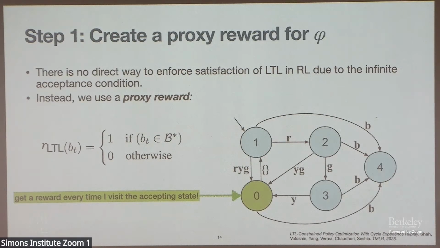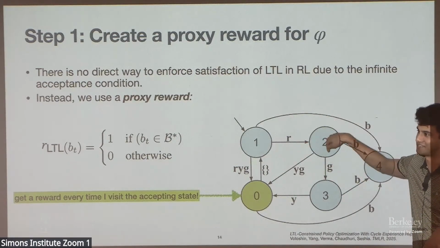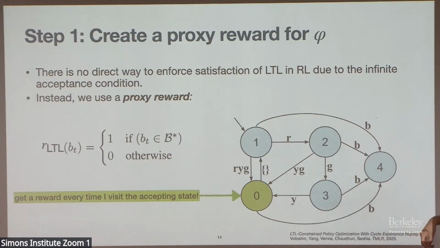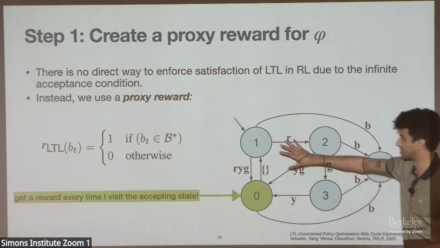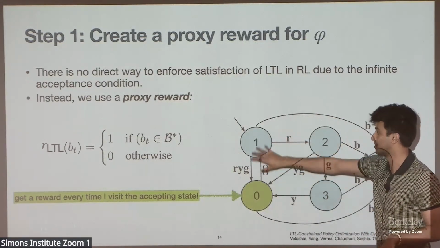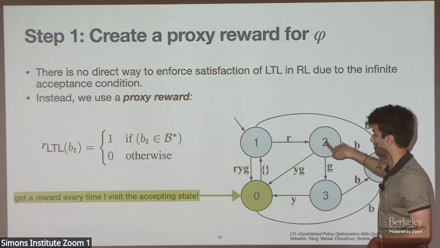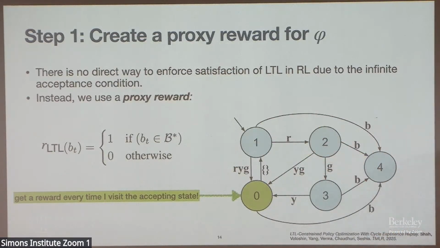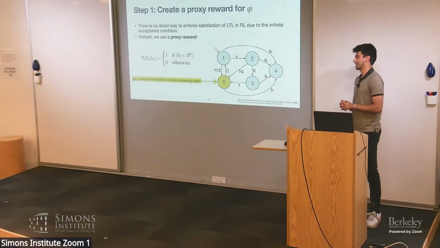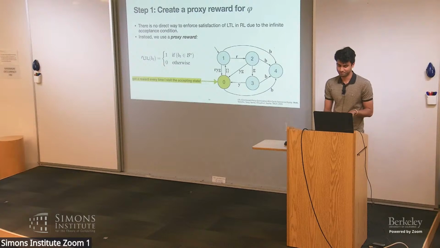During deploy time, is the agent working in the reduced original MDP now? It's still working in the lifted one. Of course, you have to assume that your labeling function is perfect, that you can transition perfectly from one state to another. But if you do have that assumption, then even during deployment time, I'm in state one of my Büchi automaton, I saw this label, now I'm in this state, and so on and so forth. So you're not suddenly in some underinformed state. So your whole MDP is actually lifted up to the state space. Yes, exactly. Okay, thanks. Thank you.